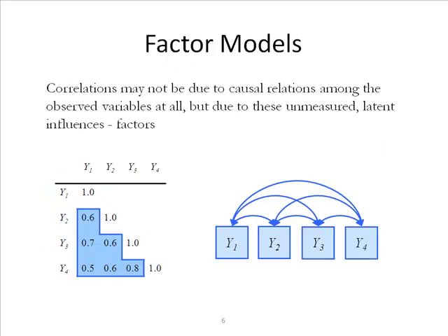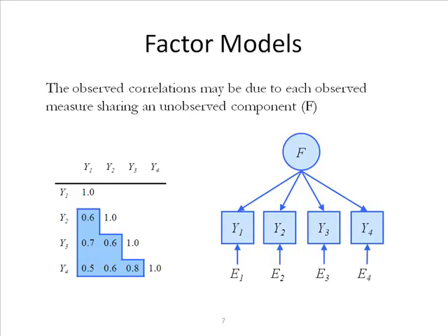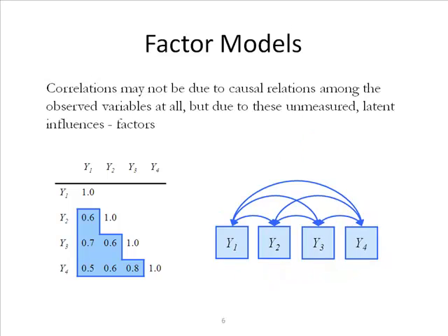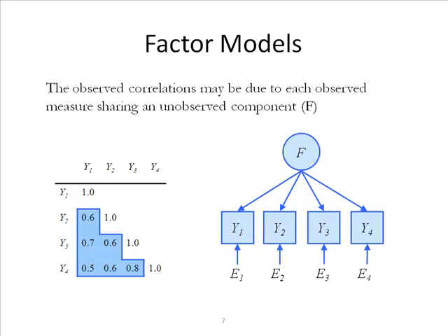So what happens in a factor model is that we start off with correlations between our observed variables. We've got 4 observed variables, and this is a typical correlation matrix over here. But in a factor model, we take away the correlations between y1, y2, y3, y4. We take away all these intercorrelations and say that those are not important. What's important is this unmeasured, unobserved f, this factor that is causing these intercorrelations between y1, y2, y3, y4. Now, this might sound a little bit